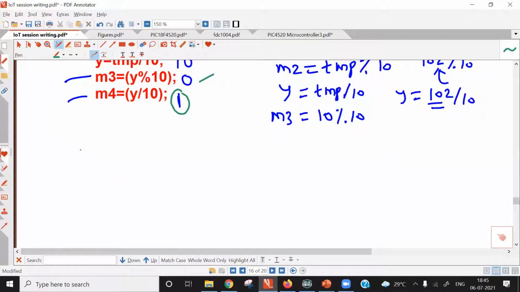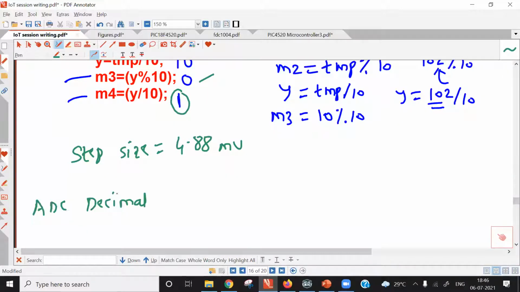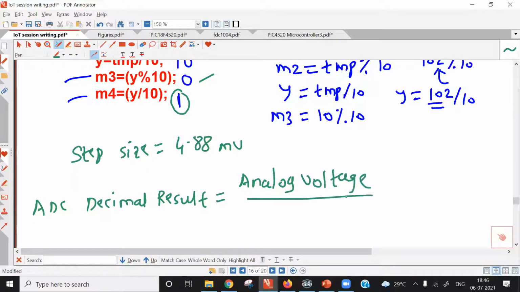Our step size is 4.88 millivolt. So your ADC decimal result is analog voltage divided by step size.